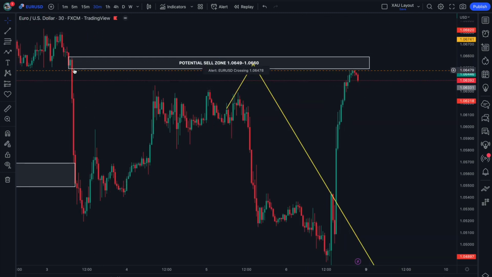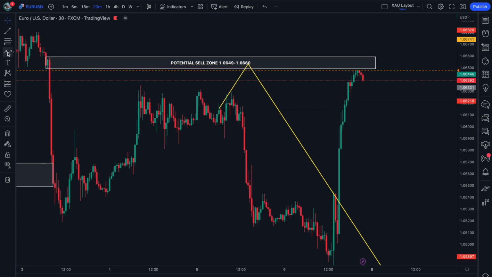As you can see, this is highlighting a last buy to sell region, one that had been left unmitigated. There was a lot of inefficiency that was left over as well. We want to see price tap into this, deliver us with a break of structure to the downside, for price to start trading bearish, and then we can look to get involved in those markets. So just so you guys understand what that may look like, we want to see price tap in.